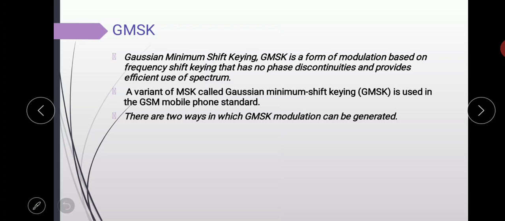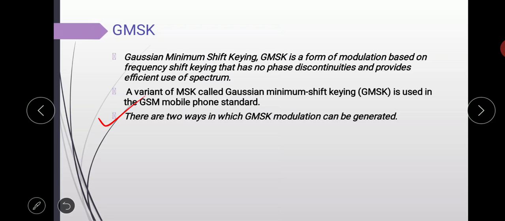One of the problems with standard forms of PSK is that sidebands extend out from the carrier. To overcome this, MSK and its derivative GMSK can be used. Here, there are no phase discontinuities because the frequency changes occur at the carrier zero crossing points. So, there are two ways in which GMSK